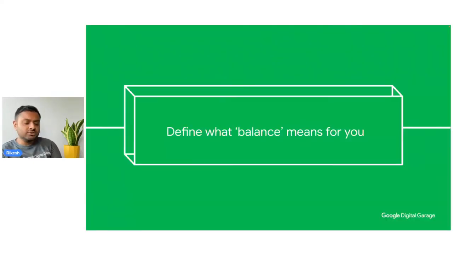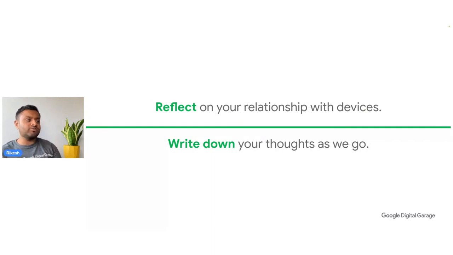So now that we looked at what we mean by digital well-being, which is the ultimate state that we want to get to for ourselves, we want to look at, well, what does balance mean for you? With that in mind, I want us to reflect upon our relationship with our devices. So if you haven't already, grab yourself a pen and some paper, because we're going to be looking at some questions that I want you to really think about and jot down your answers to, and let me know your answers in the chat as we go along.